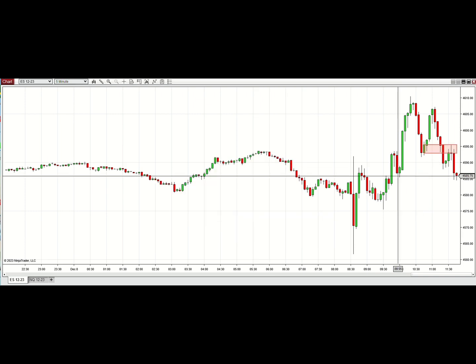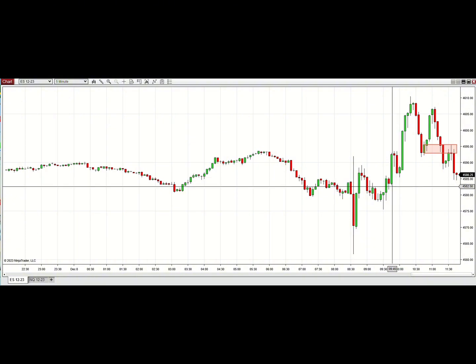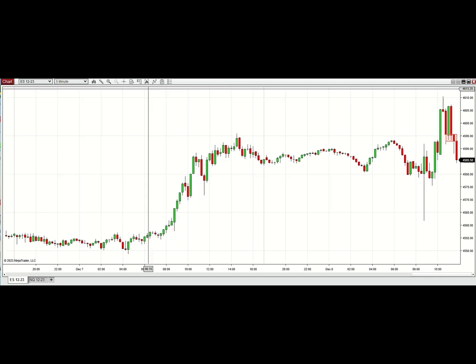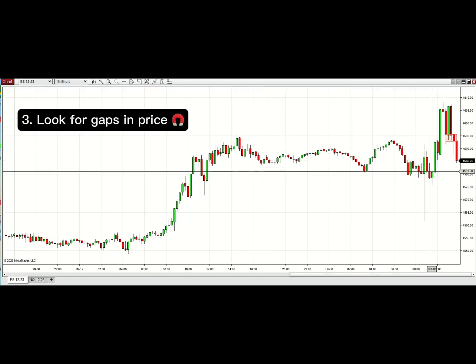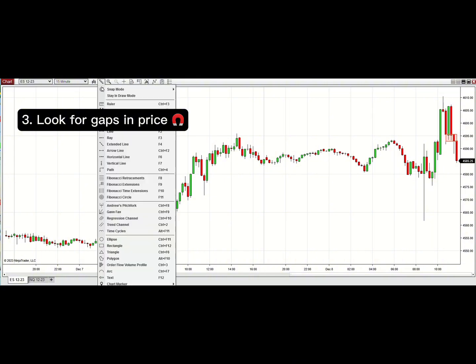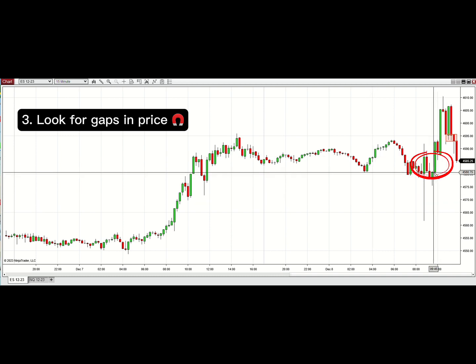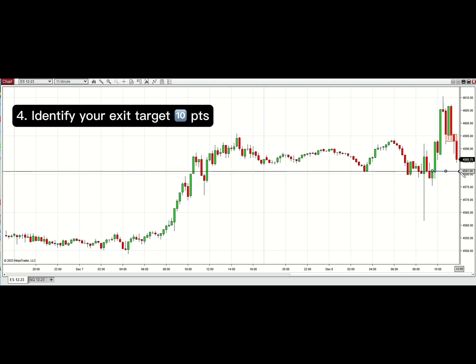to drop down. Now I'm also going to try and identify my sell side liquidity levels. I like to look for places where I think price is going to go, and I like to look for them on the 15-minute as well as the 60. Right there you can see an area of a fair value gap. So I am going to note this area, and this is where I am looking for price to run down